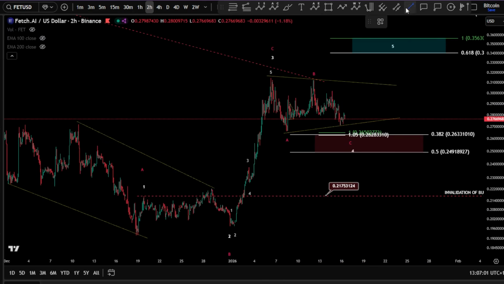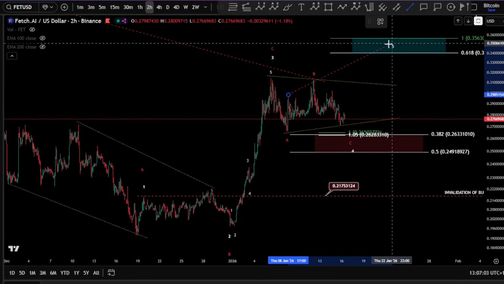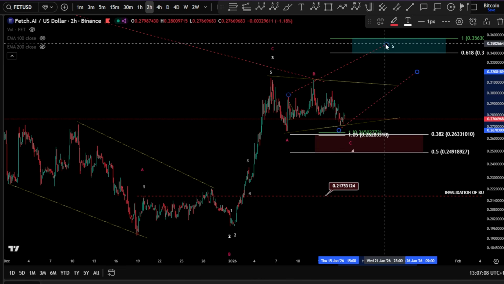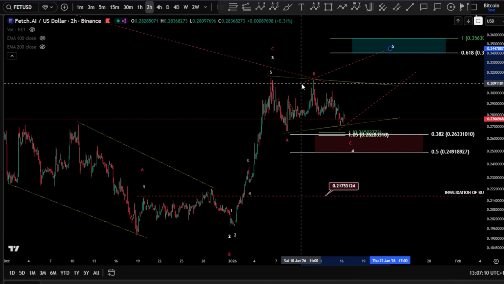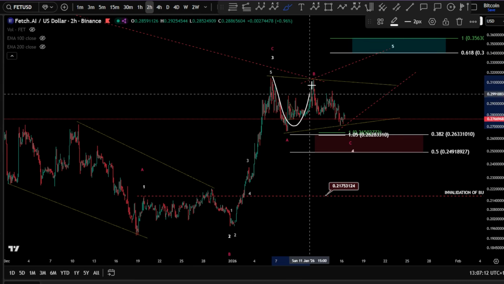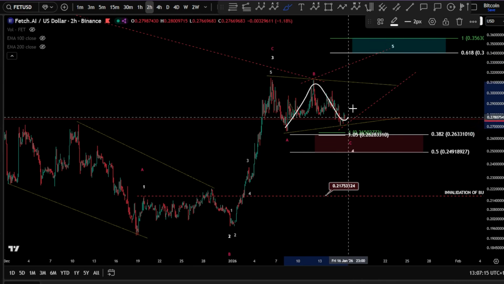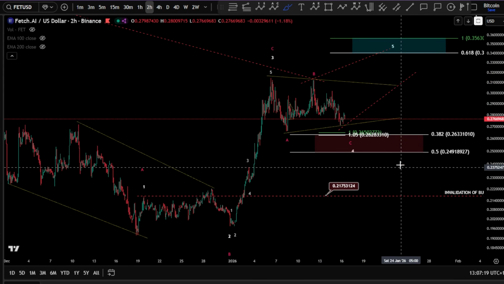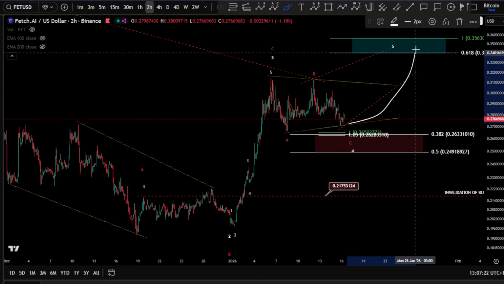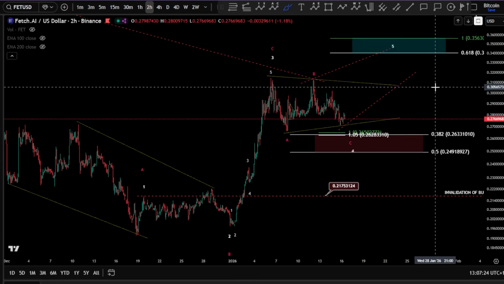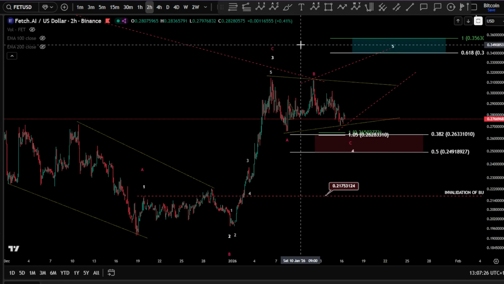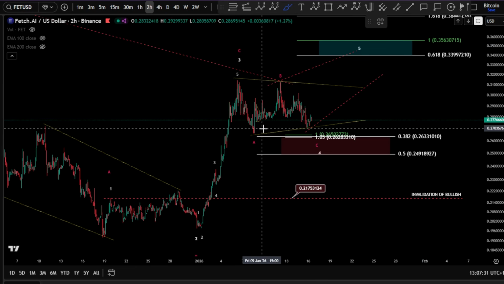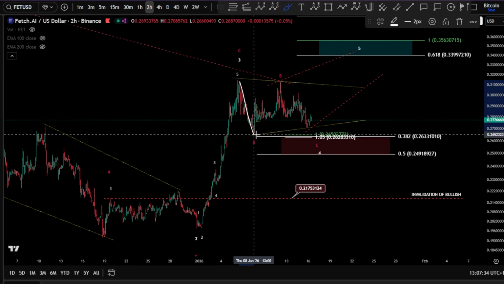triangle potential, or also can be, don't forget the diagonal, the ending diagonal here, that it might be unfolding as well for FET. Yeah, so we have 2 possibilities, whether we are in the triangle yellow or we are in the diagonal toward the upside in the red one. Another possibility, of course, now those both possibilities want to reach, of course, the 0.35, 0.33 here, and prices, of course, as a perfect fib level for wave 5,